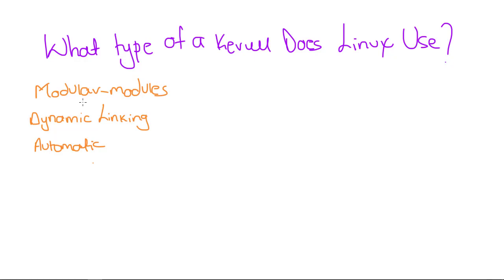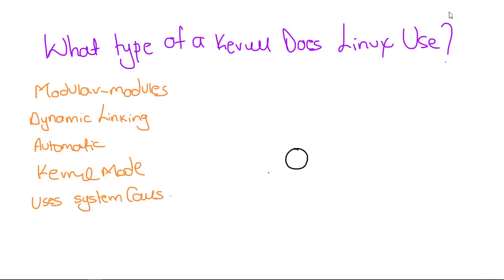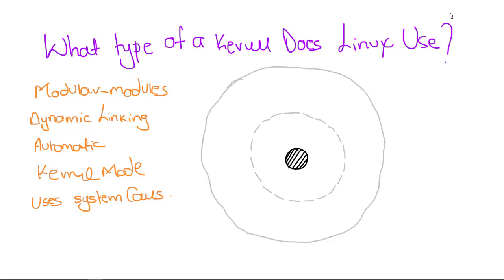You don't have to do it manually, although there are ways to do it. The module does not execute on its own, rather it is executed in the kernel mode, meaning it becomes part of the kernel. User space programs request kernel services through system calls. To illustrate this, we can start off with the master functions in the kernel. This is the core of the most frequently used functions, such as the scheduler and memory management.